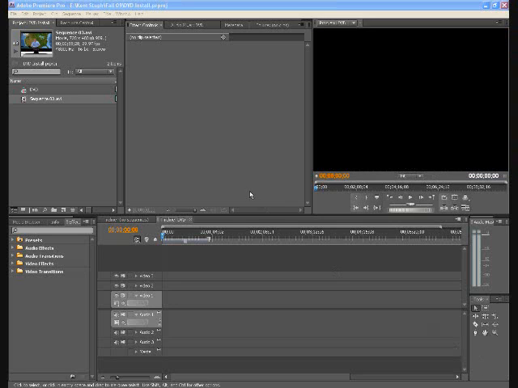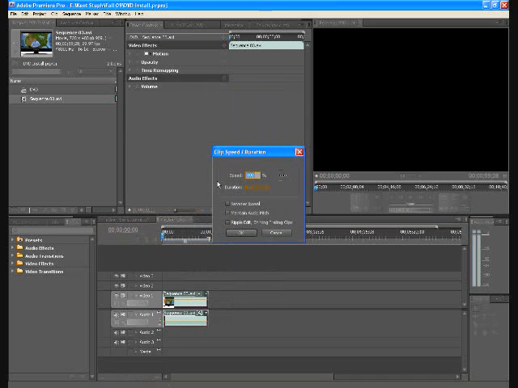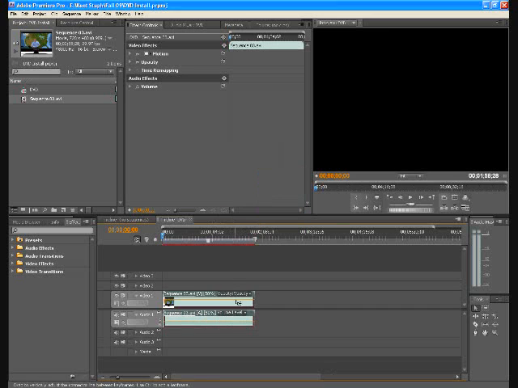Take our sequence and we are going to drag it down to the timeline. Once we do that, we're going to right click on it and go to speed duration and make it 50%, so we can slow it down to half speed so you can see what's going on. Click OK. Then we are going to